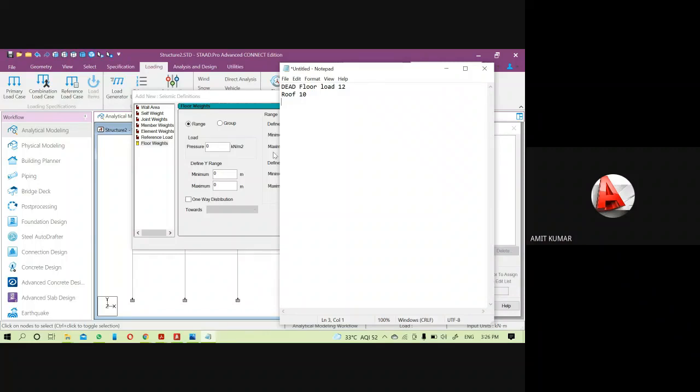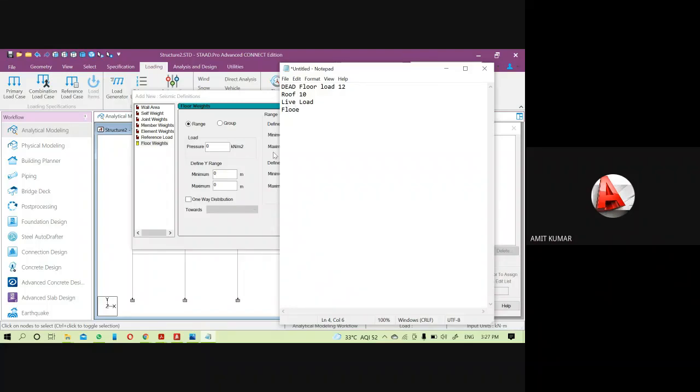Then after the dead load, next is the live load. Under the live load, again there will be floor and roof load.